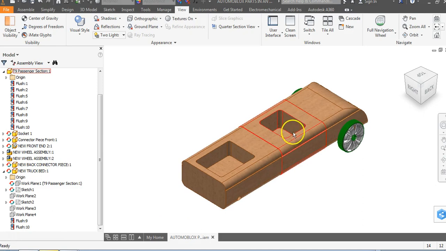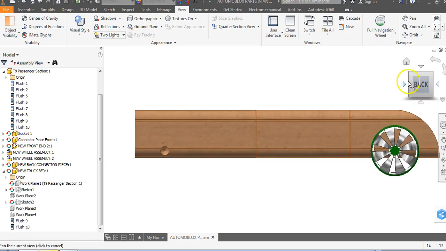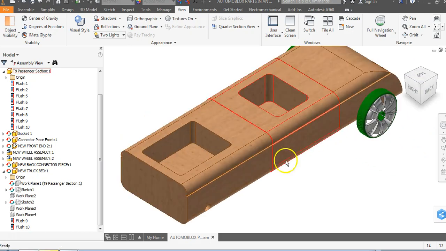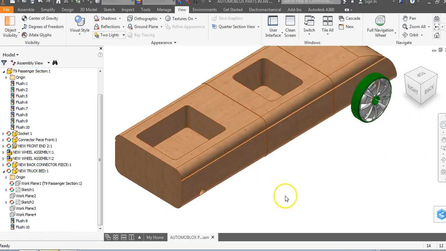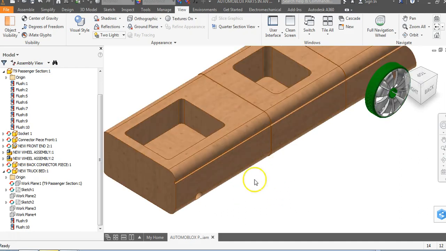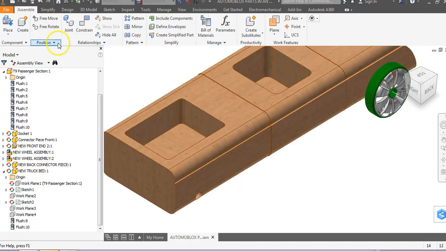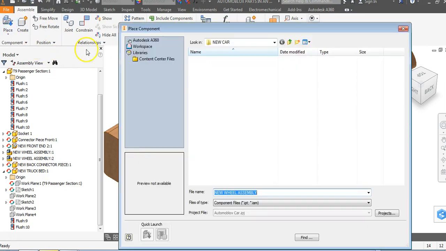And you're going to notice we have for ourselves two cavities here, so we still have this cavity in here. This will make a little bit more sense once we get done with this. Remember, we can still shorten up this bed. Now this does look like a ridiculously long car, so we can always go back and edit what we have. So that's kind of the point of learning how to do things this way, is we can always go back and do some editing. So let's go up to Assemble, and we're going to go to Place,